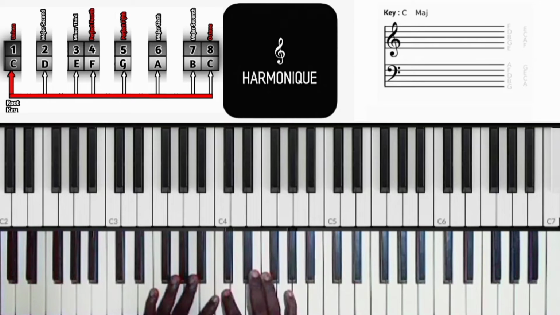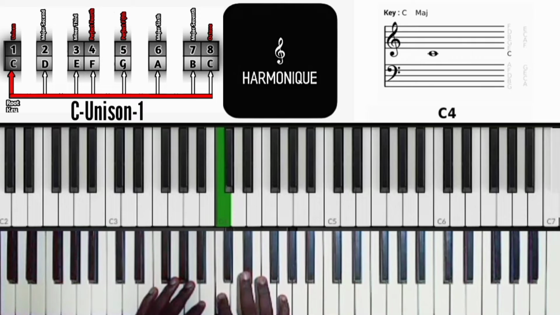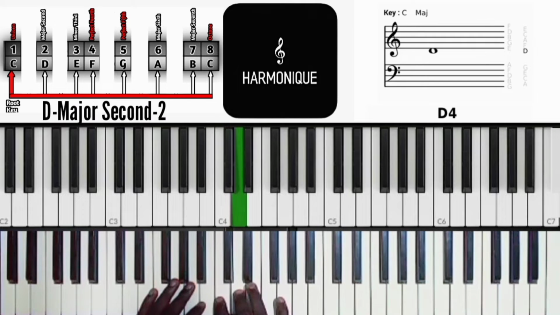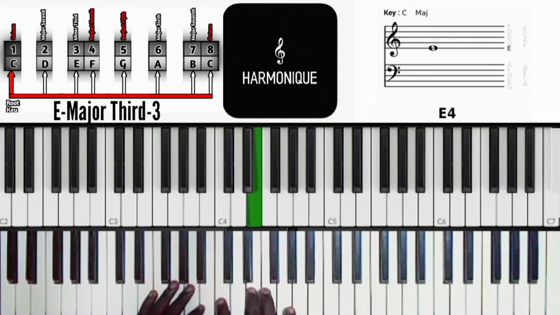So we can see that C is at an interval or distance of a unison to itself, which is also numerically represented as 1. D is at an interval or distance of a major second to C, which is numerically represented as 2. E is at an interval or distance of a major third to C, which is numerically represented